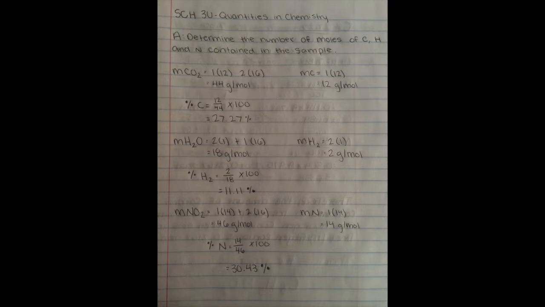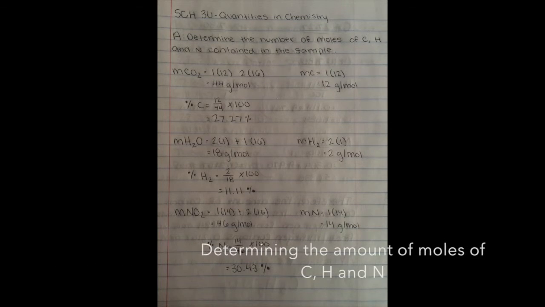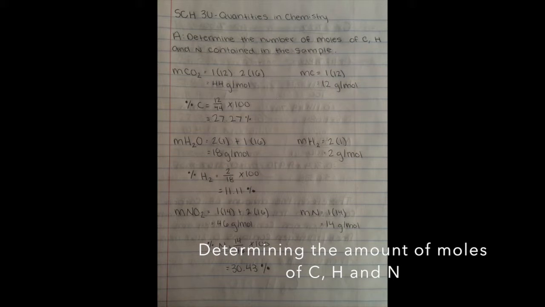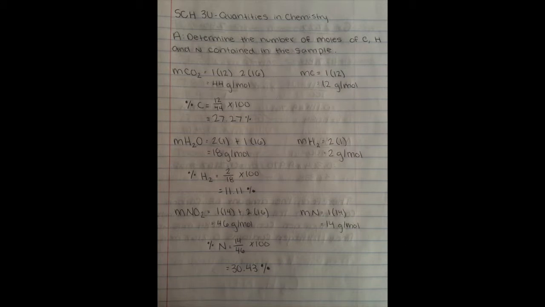So this is part A in my quantities in chemistry challenge problems. In part A, you're to determine the number of moles of carbon, hydrogen, and nitrogen contained in the sample. So here you can see on the left side of my paper, I find the molar mass of CO2, H2O, and NO2, but I just need to determine the number of moles of carbon, hydrogen, and nitrogen and leave out